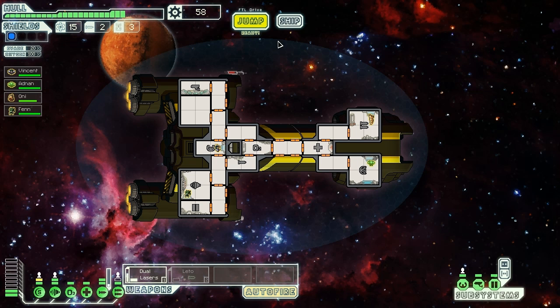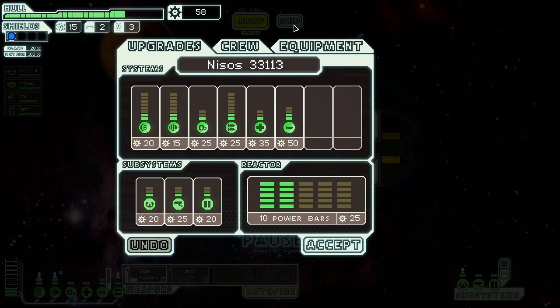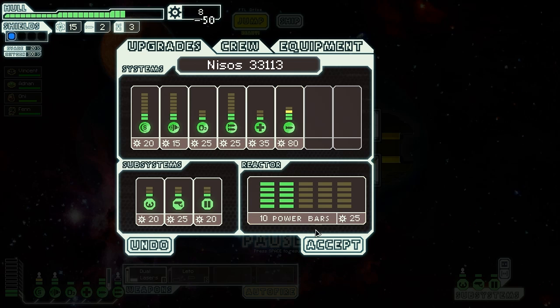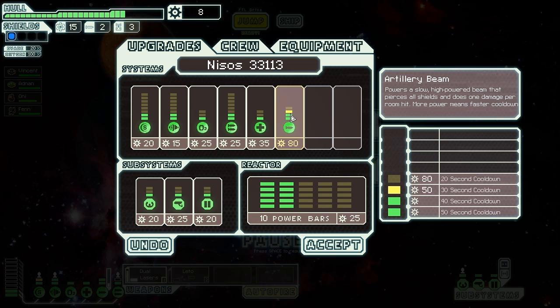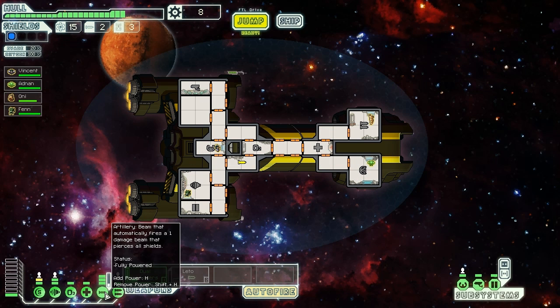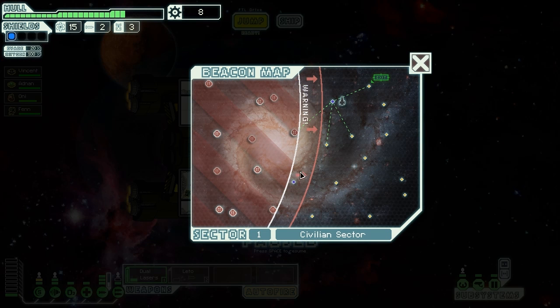So, should we do an upgrade? Because we now have that 50, plus we have the power for it. So let's upgrade our lovely little artillery beam to a 30-second cooldown. Add another power bar in. Okay. Next. Now we can hit the exit, but have time to...